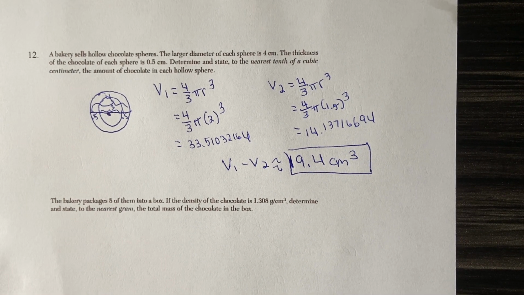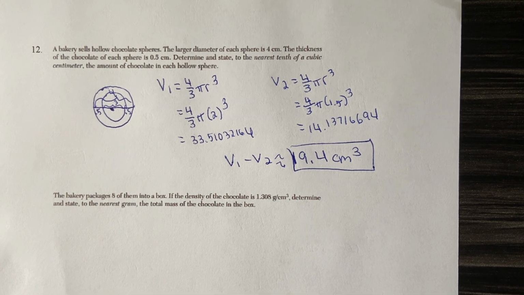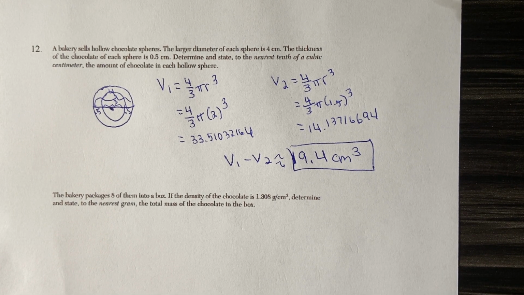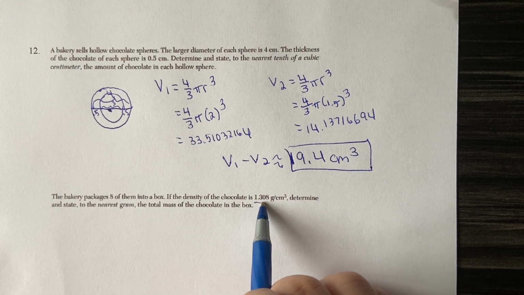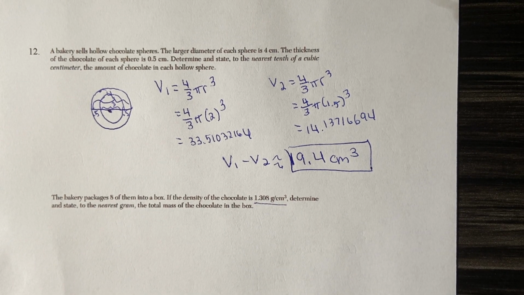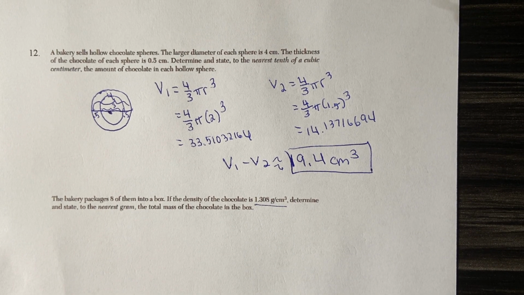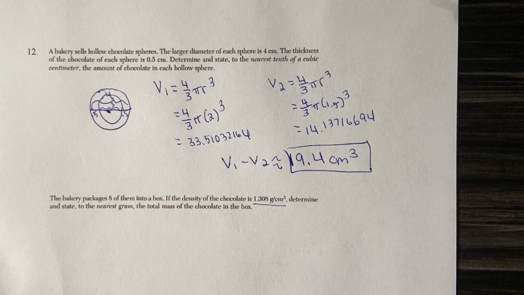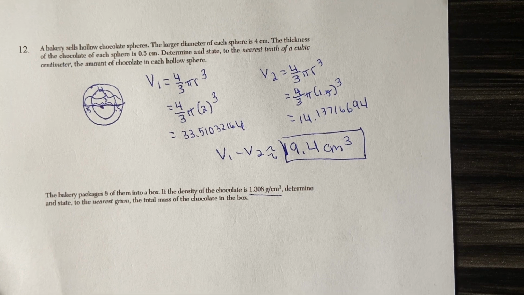So then part 2 of this says the bakery packages 8 of them into a box. If the density of the chocolate is 1.308 grams per centimeter cubed, determine and state to the nearest gram the total mass of the chocolate in the box. Okay, so first off, let's just look at our units here and make sure everything's in the